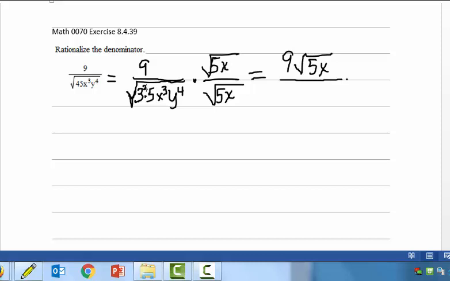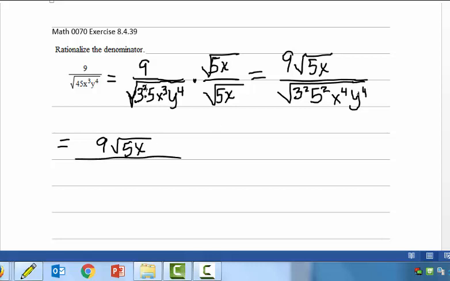In the denominator I have the square root. I still have 3 squared. But now when I multiply 5 times 5, I have 5 squared. And x cubed times x is x to the 4th. And then I just recopy the y to the 4th. So everything in the denominator's radical is a perfect square. So this is 9 times the square root of 5x